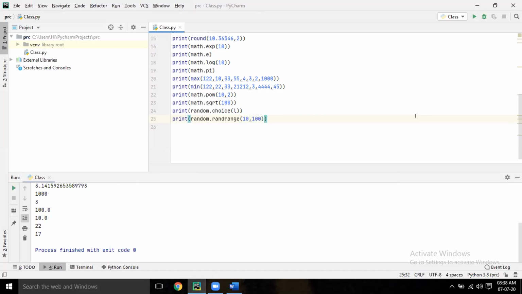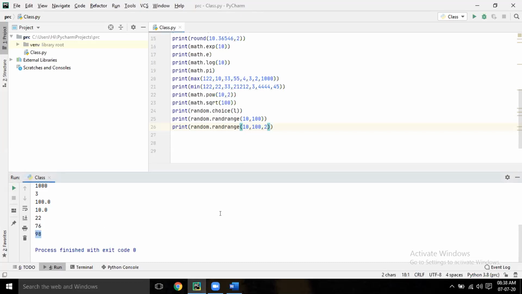Now 10, 100, 2. Again, you copy the same thing, in another line you write. Here what will happen?